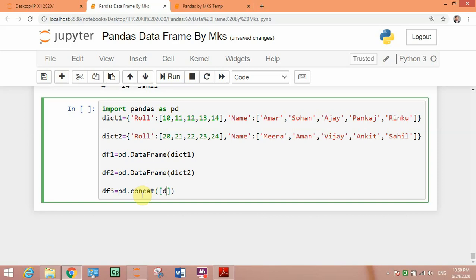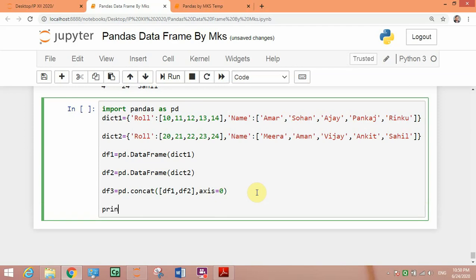So, we have two data frame df1 and df2 and we want to merge row wise.